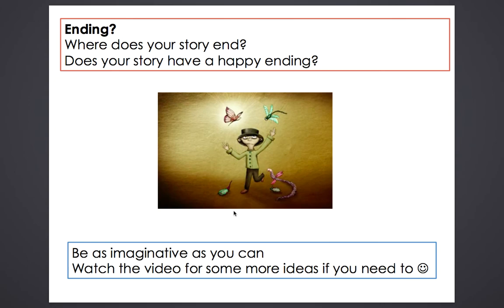You could have a happy ending where even though the animals are no longer inside the house, they're still outside and you are able to see them whenever you want to, like the boy from the black hat. Okay, now if you want to have more ideas, you can watch the video again, or watch me talking through the lesson again to help you.